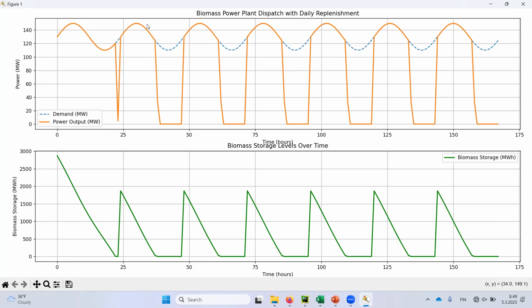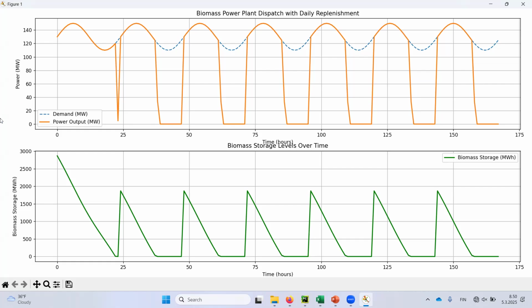And what I have in here is I have a storage that is going to be replenished every single day with a certain amount of biomass, and there's going to be an initial amount of that biomass. So in essence, that's an energy storage. So how big of a fuel pile do you have in there? That's going to be your storage size. So you can calculate how much energy you have in that storage. It's the same as